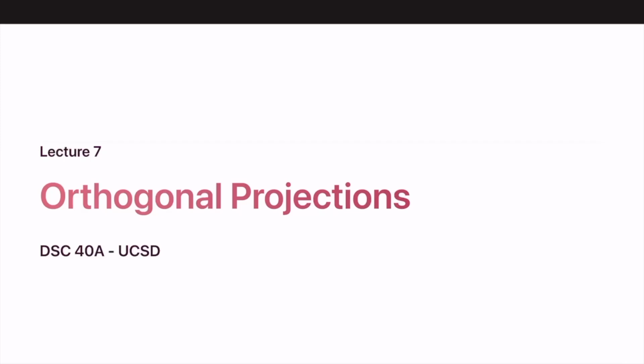Okay, so in this lecture, we're going to continue talking about some of the fundamental linear algebra concepts that we use to learn about linear regression with multiple variables. Specifically, we're going to talk about matrices, but also this idea of orthogonal projections. If you remember back to linear algebra, an orthogonal projection is just where we have two vectors and we try and drop one vector in between them, and that vector forms an orthogonal or 90-degree relationship with